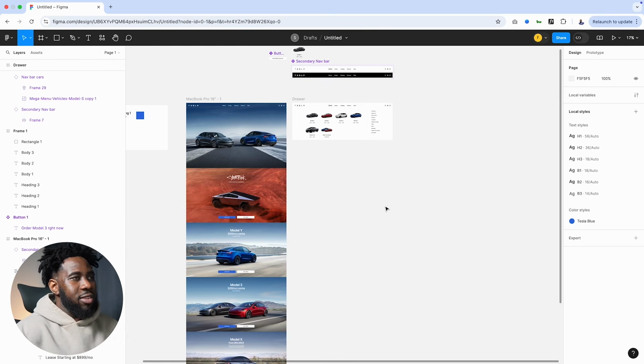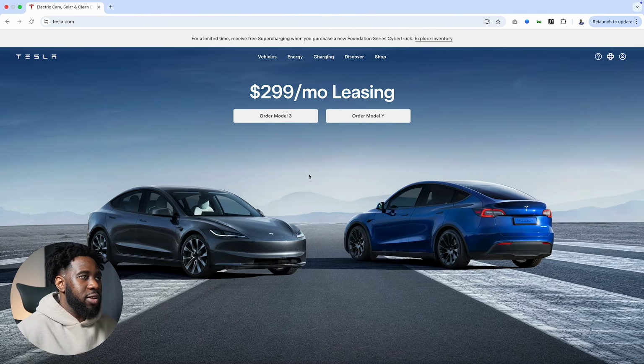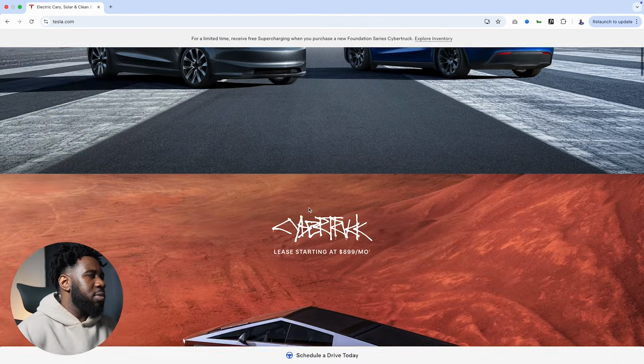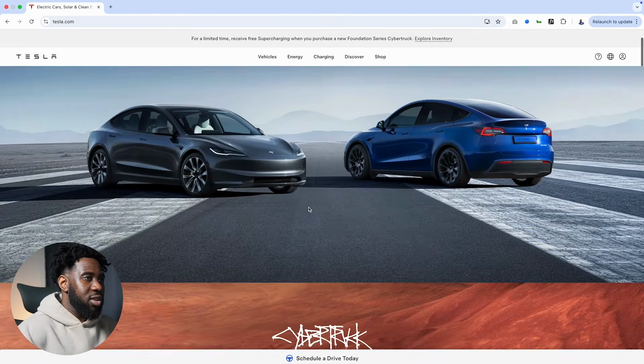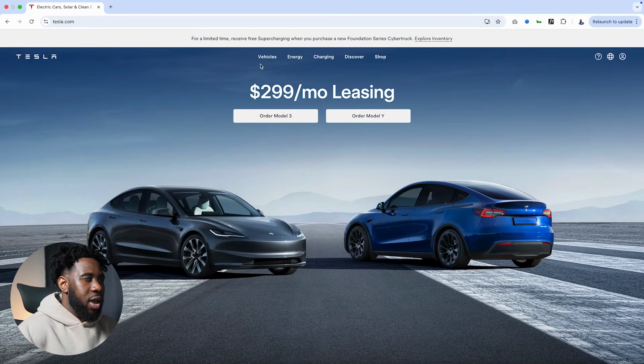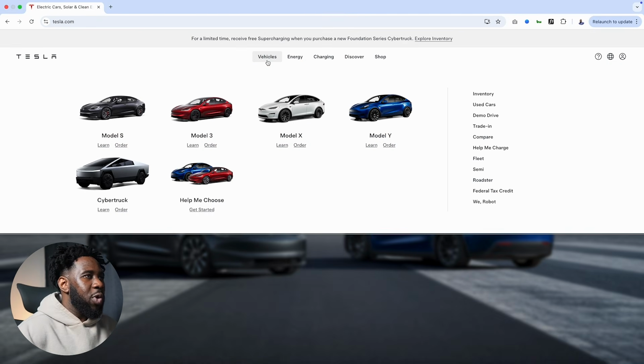This is where we get into another interesting part of Figma, which is where we get to create a prototype. So to create a prototype, we have to think about this in different screens or frames. If you go to the animation, you see that this is one frame where you can obviously see everything that's happening on the website when you scroll. And then when you hover,